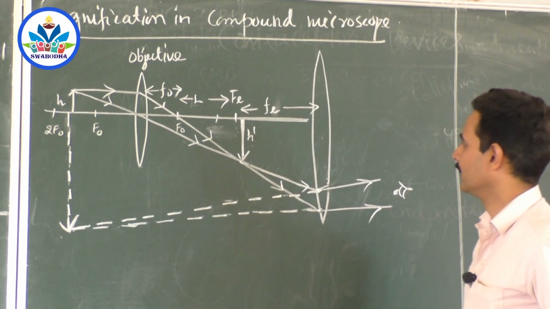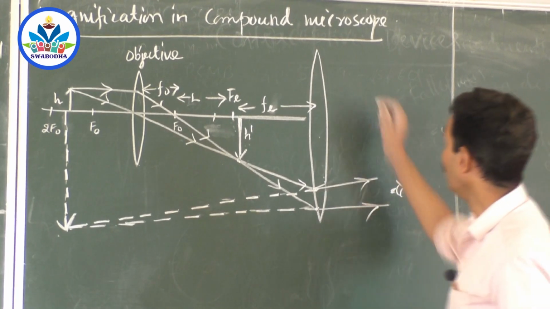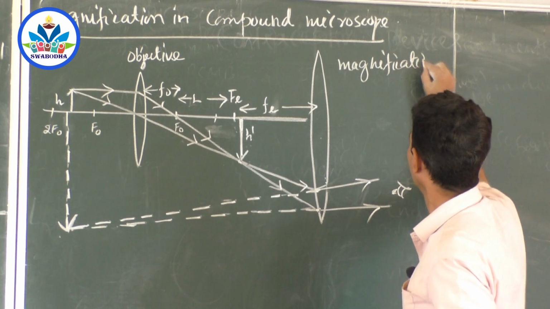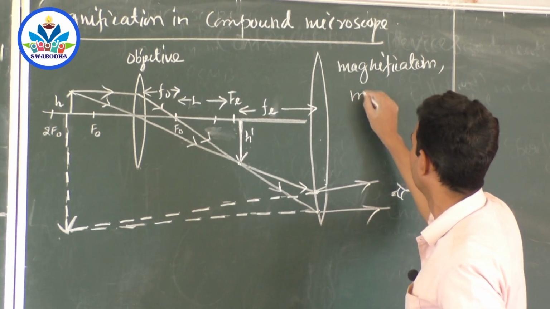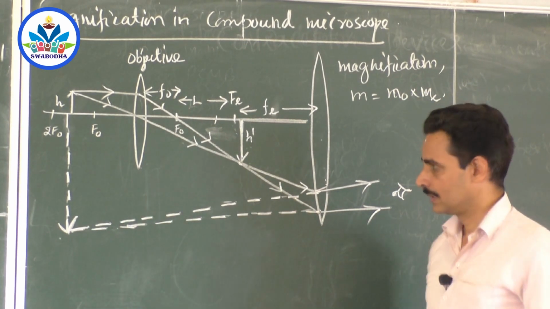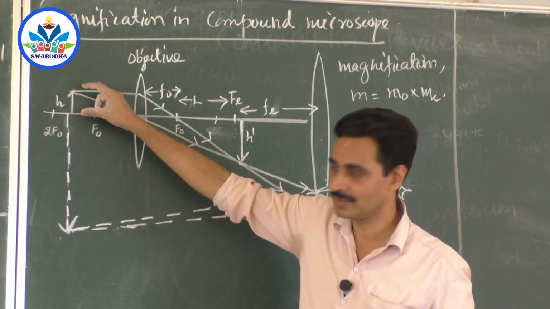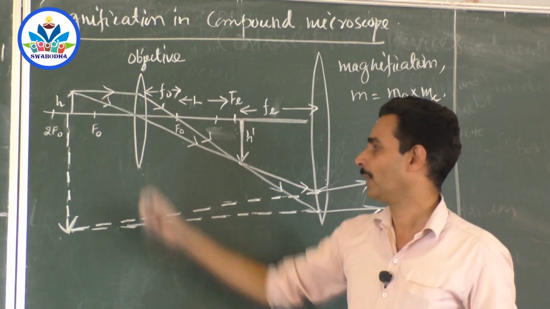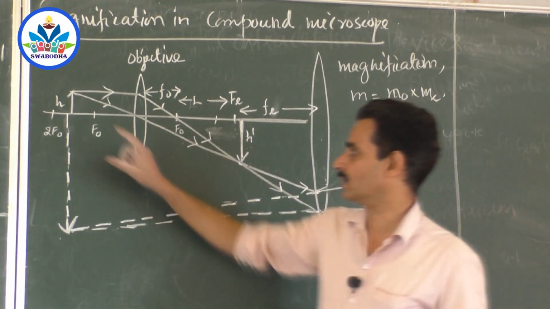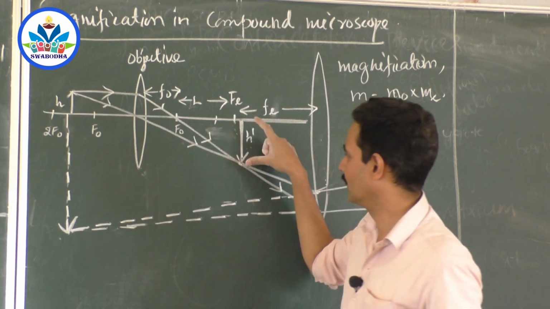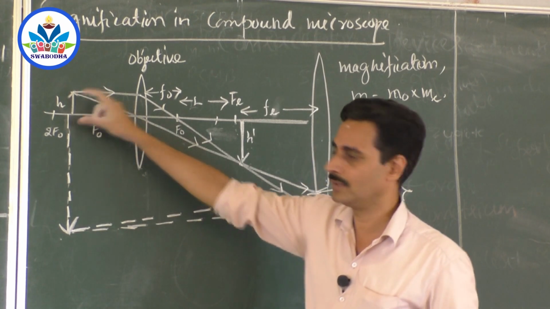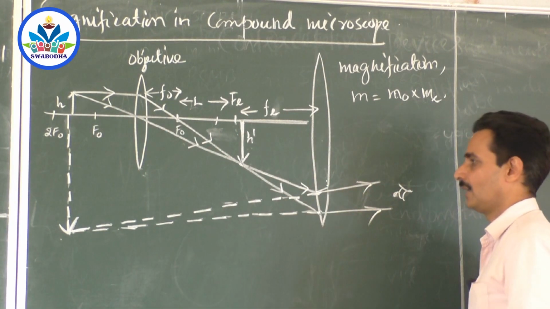Okay, now what is magnification? Now the total magnification is magnification of objective into magnification of eyepiece. Why, sir? Say this object is having a height of 1 centimeter. The magnification produced by the objective is say 3 times. What do you mean by 3 times magnification? Then the image here is 3 times the size of the object. That means if object height is 1 centimeter, this should be 3 centimeters, magnified 3 times.